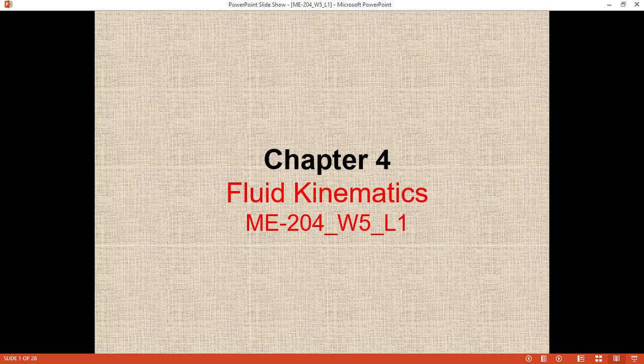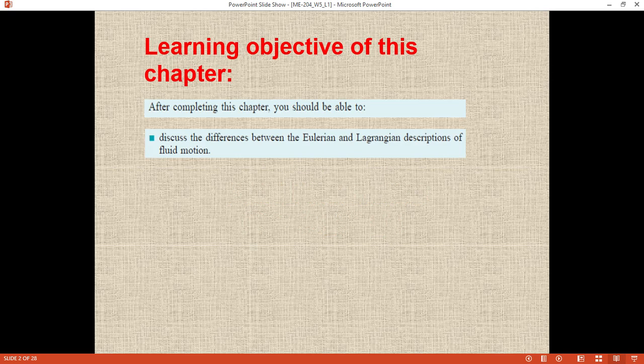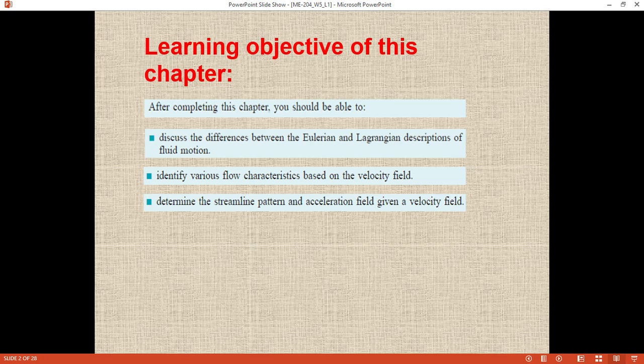Today we are going to study fluid kinematics, and the learning objectives of fluid kinematics are: you will be able to discuss the differences between the Eulerian and Lagrangian descriptions of fluid mechanics, and understand them after completing this chapter. You will also be able to identify various flow characteristics based on the velocity field, and also determine the streamline pattern and acceleration field given a velocity field,